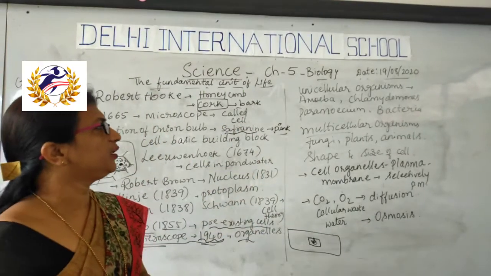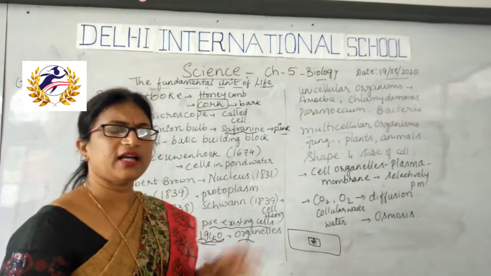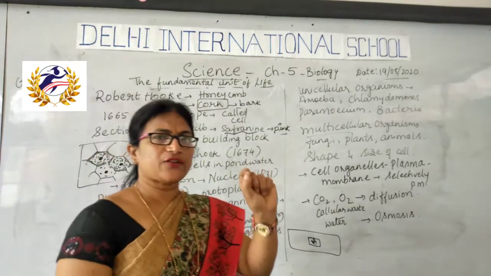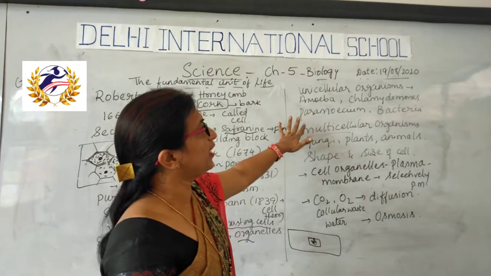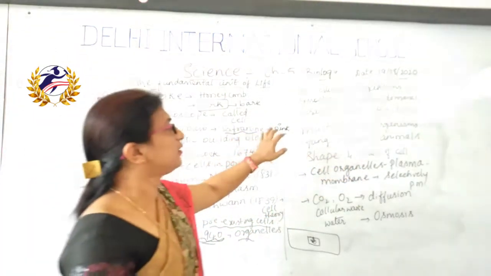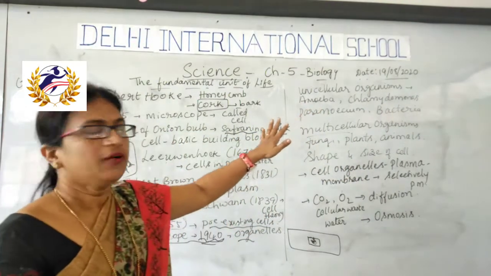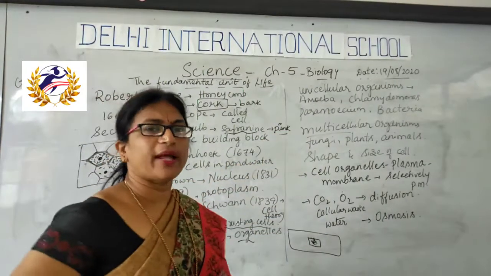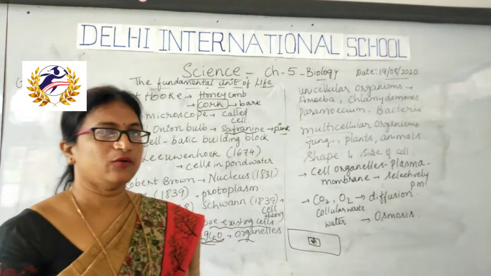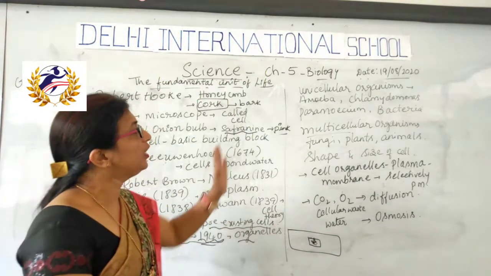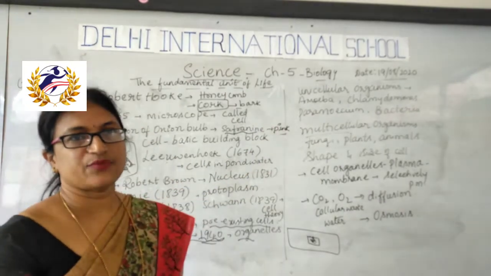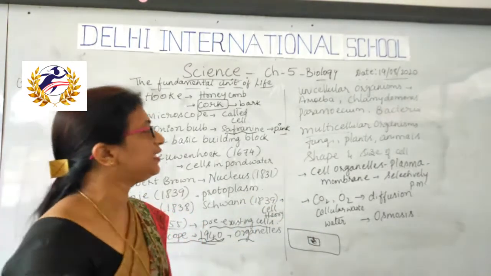So they observed that unicellular organisms are there in pond water. After the invention of the electron microscope, by studying the structure of each organism, they gave the names amoeba, chlamydomonas, paramecium, bacteria. These are protozoal organisms, different kinds of microorganisms which we cannot see with our naked eye. Only after the invention of the microscope did we come to know that the diversity of unicellular organisms, the diversity of the world, is so large.